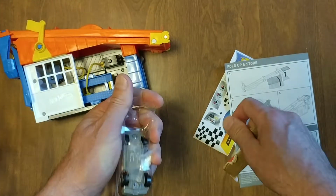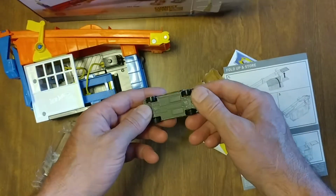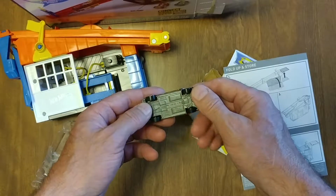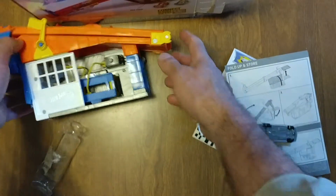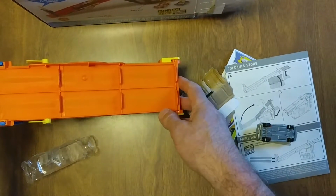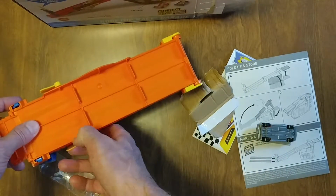Maybe we'll donate this to some kid who likes Hot Wheels. What does it say? Made in Malaysia. It looks like